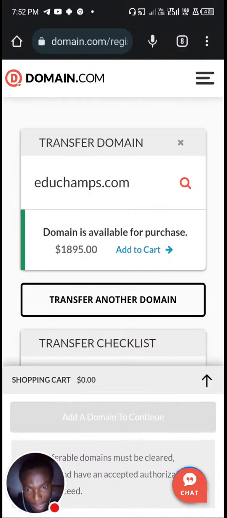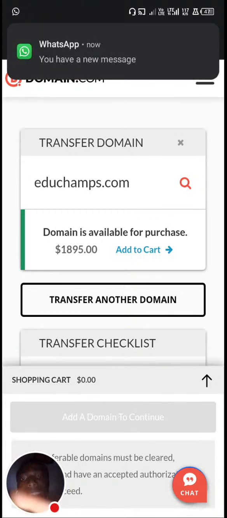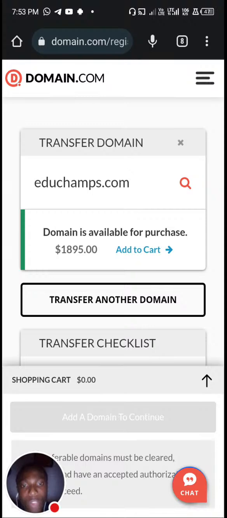Now I hope you understand this step. The first thing you do is choose a domain name. I've chosen to use educhamps.com as my domain name. Then after that, you check if that domain is available. If the domain is available, it means no other person has used that domain, which means right now nobody has used educhamps.com as their domain name, and that means I can buy the domain. Then you see the cost of the domain. The domain costs